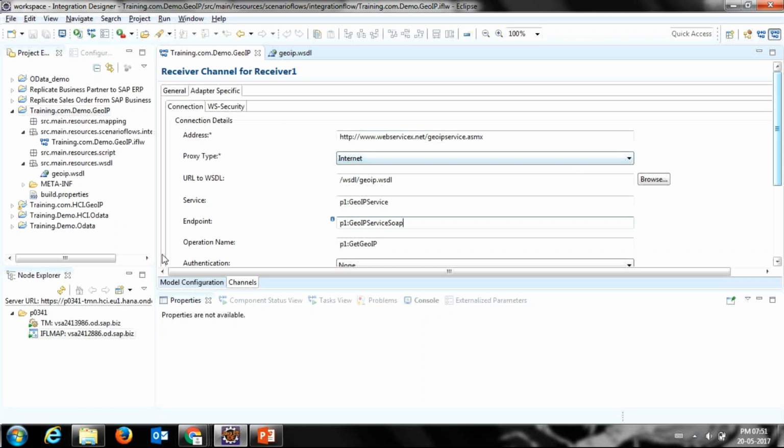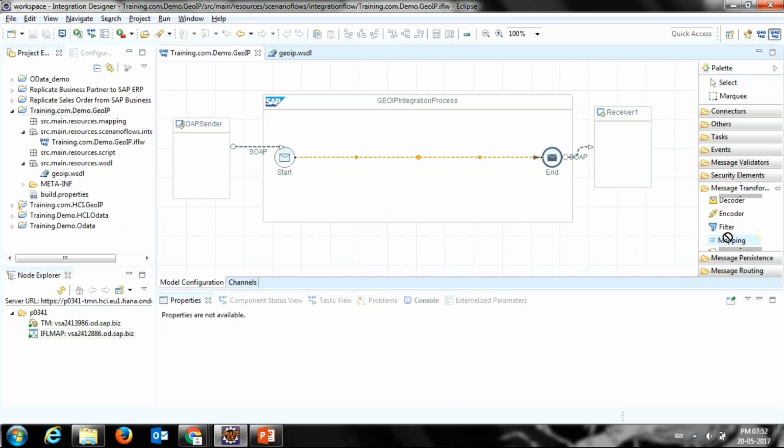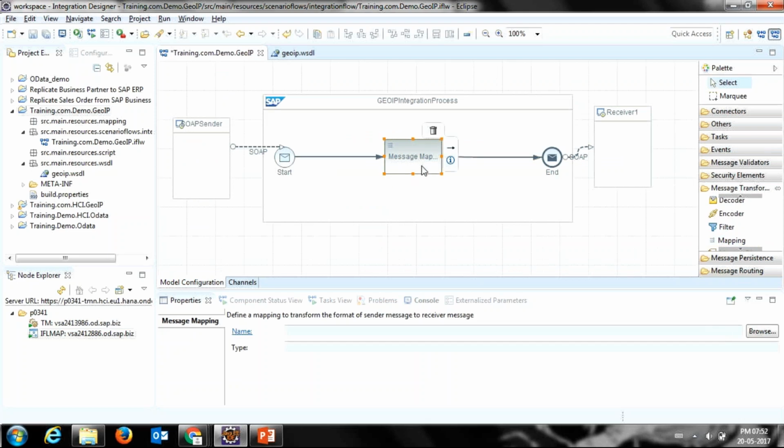As of now, I haven't created any mapping, and I don't have the sender or receiver structures either. So how do I assign or create a mapping? Just right click on this box, click on new message mapping, select the new,